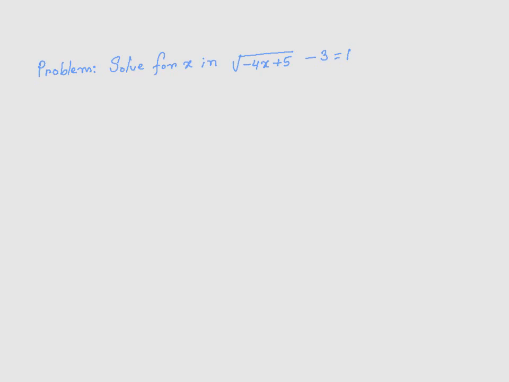In this video, I am going to solve this equation that has a radical in it. To solve the equation, we have to get rid of the radical first. In order to do so, we add 3 to both sides so that we can move the constants to the right. If we do that, on the left hand side I will have the square root of negative 4x plus 5, positive 3, negative 3 is going to cancel out, and 3 plus 1 is equal to 4 on the right